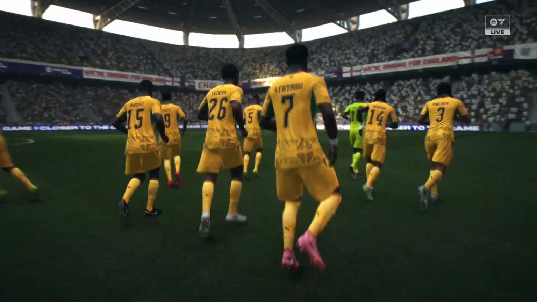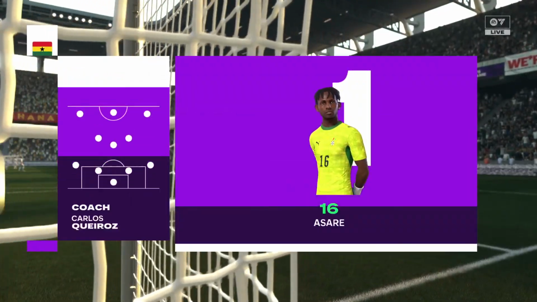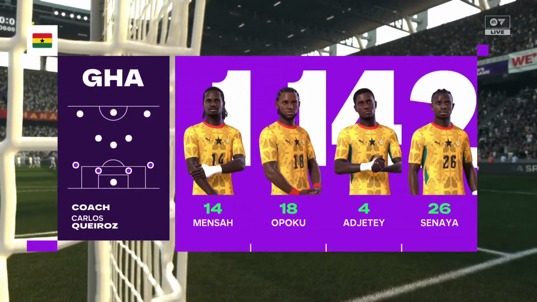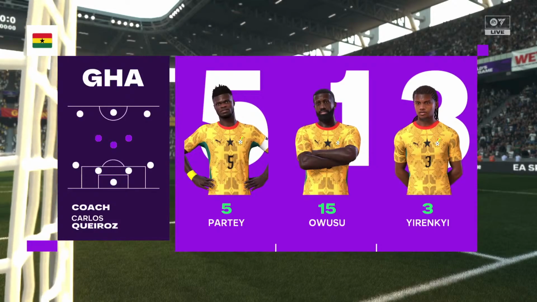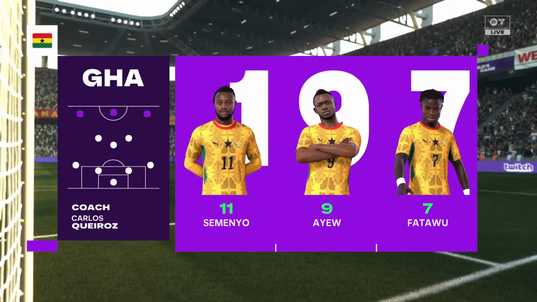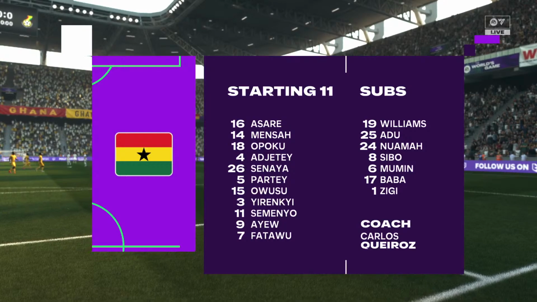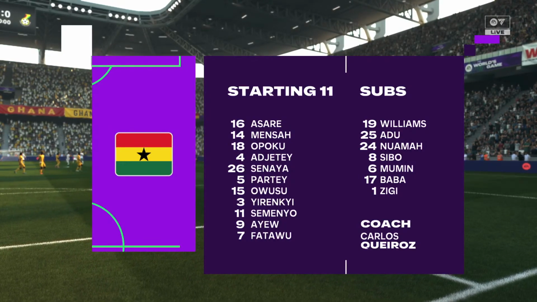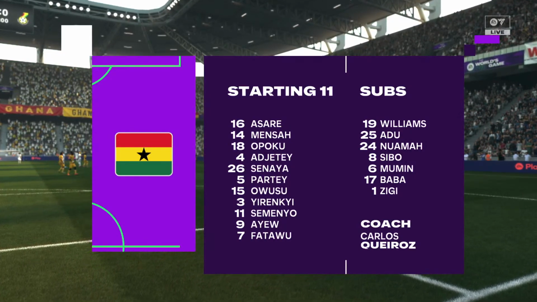And here's the Ghana starting 11. Yeah, it's a very similar look, isn't it? So it'll probably come down to those individual matchups. I think those wide areas will play a key role, though. It's so important that the fullbacks get forward and push their opposite number back.